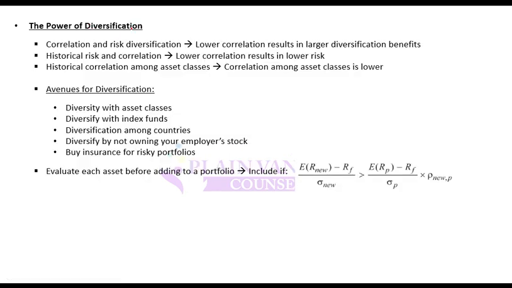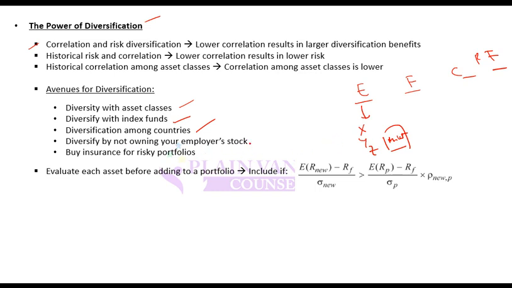Moving on, power of diversification. This we have already discussed, that lower correlation can help with diversification. Diversification can help make higher return with lower risk. How do you diversify? You can diversify with asset classes. For example, invest some portion in equity, some in fixed income, some in commodities, some in real estate. Or you can diversify with index fund. Within equity, instead of buying stocks X, Y, and Z, have an exposure to the whole market. So probably invest into the S&P 500 index instead of buying a few assets. Diversification among countries, that is, invest in multiple countries.